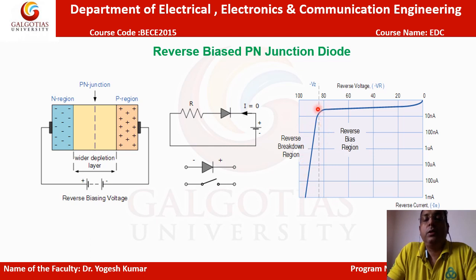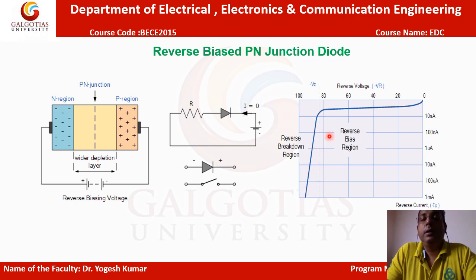This is called the breakdown region. Why does it happen? Behind it there is a theory called the breakdown mechanism or breakdown theory. Whenever we apply a large amount of voltage, the minority charge carriers get excited. They get energy from the battery terminal or this voltage, so they move towards the outermost region. While moving, obviously they will collide with each other, so heat is produced.